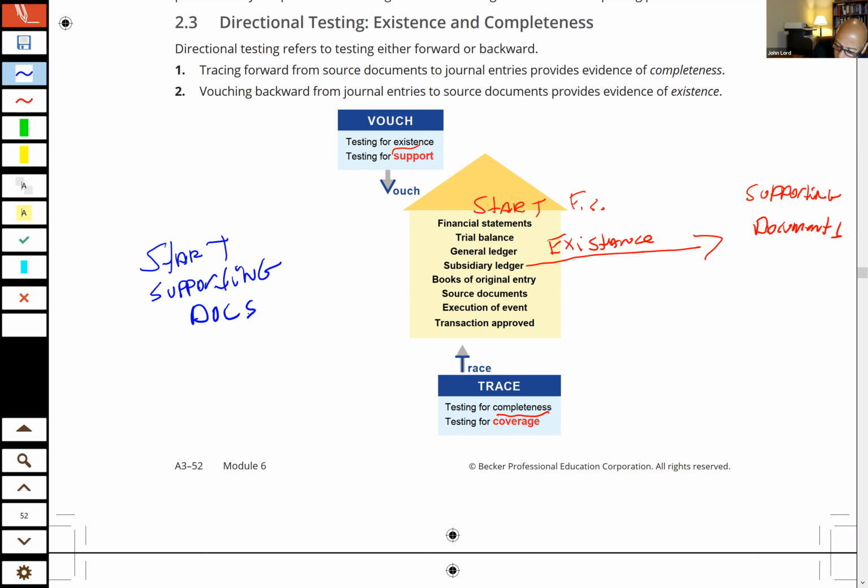okay, I start at the supporting documents and I bring it back to the financial statements. What assertion is that? Completeness. Now we're getting completeness. Good, because now we're sitting here and we're saying, well, look, completeness. Now we're sitting here and we're saying, okay, look,